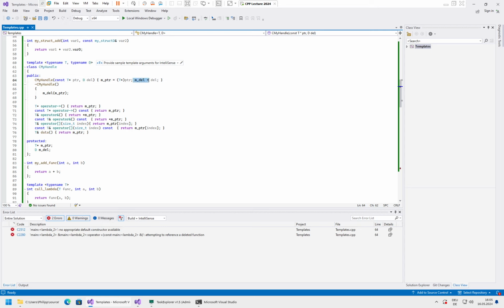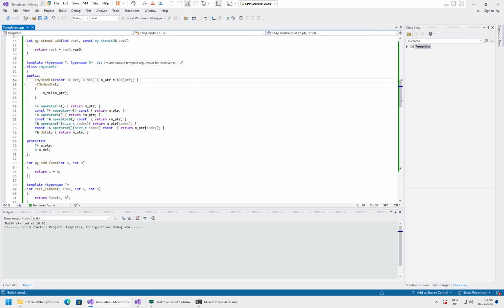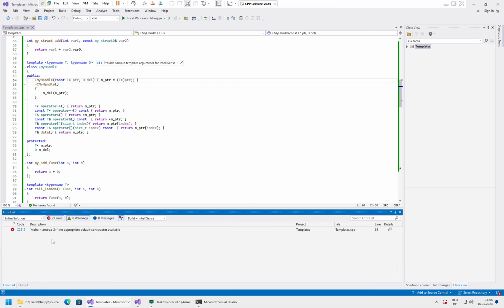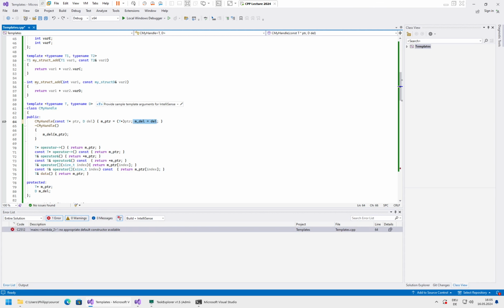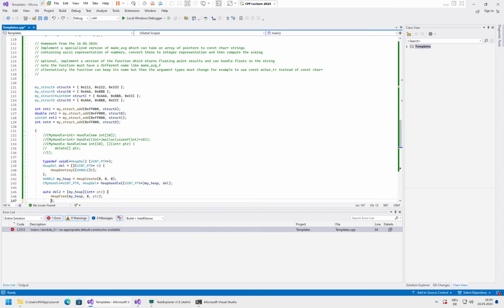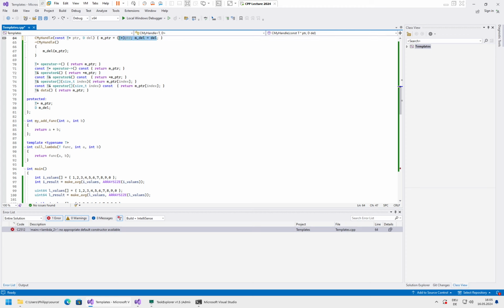It fails during this assignment here, I think, or not. I think I know how to fix that. If we move this into the initializer list, then it should